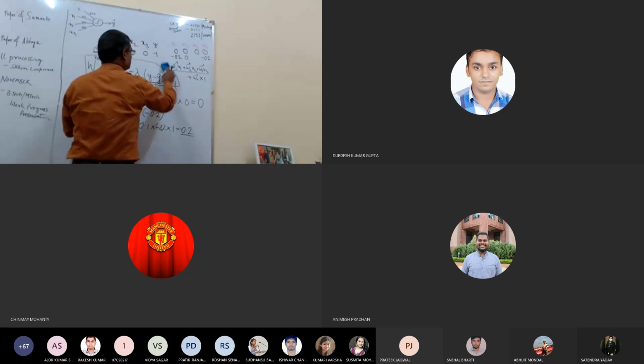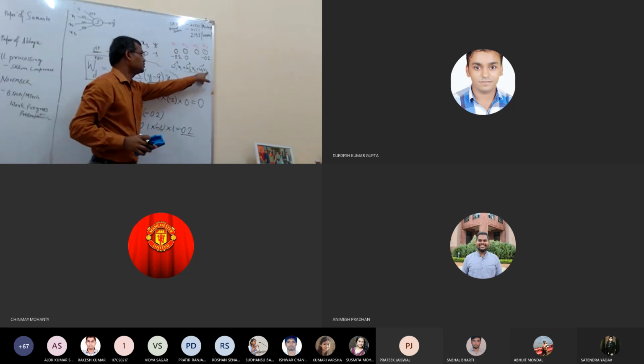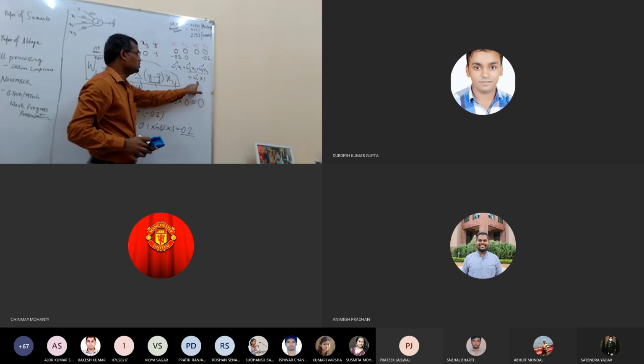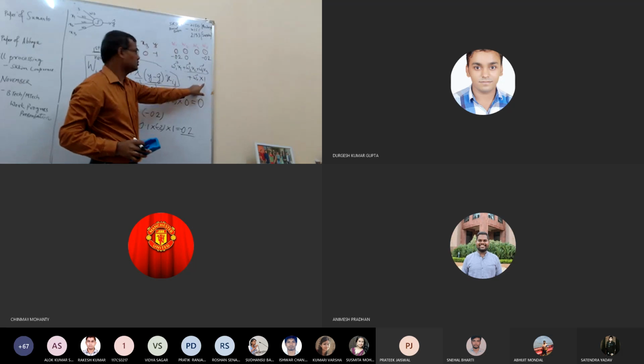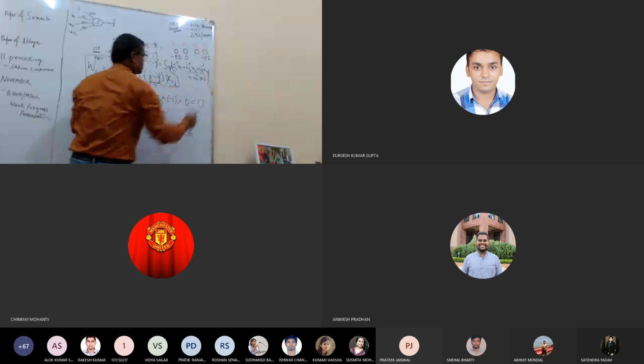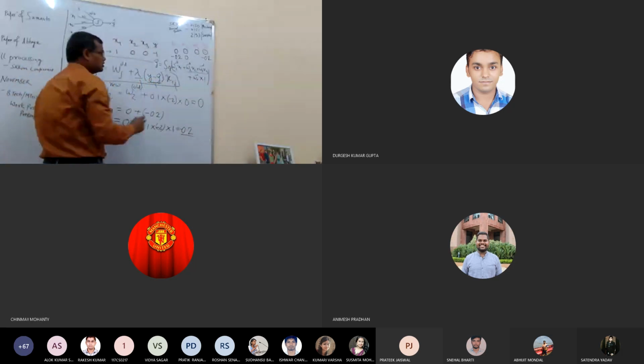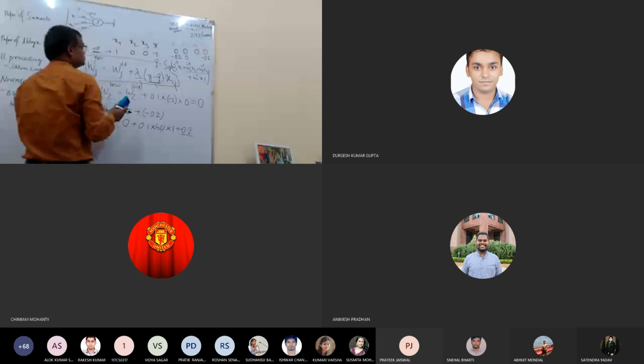The predicted value should be computed like W1 into X1, W2 into X2, W3 into X3 plus W0 into the value of bias. And then the predicted value Y bar will be sign. So what is this sign? Let's say the inner value is Z.